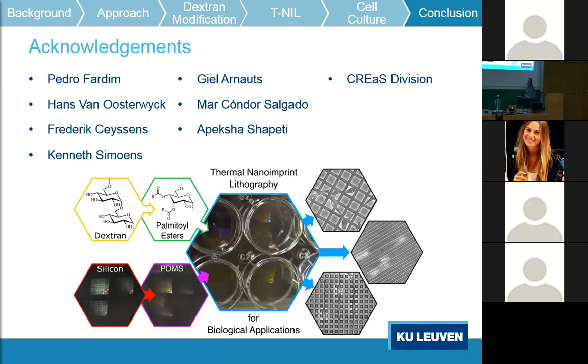So the thermal nanoimprint lithography, you mentioned in your conclusion that it's also cheap. Yeah. But still, there are probably some upscaling issues that need to be taken into account in order to make this economically viable. Can you dwell a little bit on that? So I would think if you were to scale it up to an industrial perspective, the biggest challenge would be